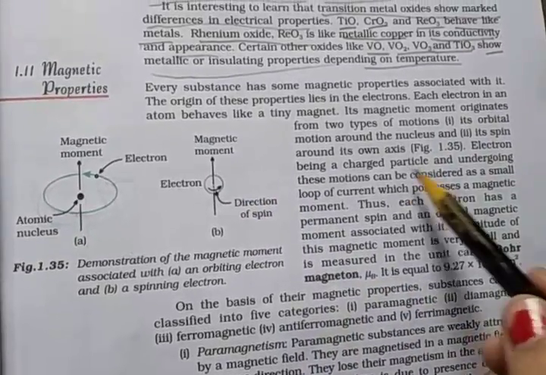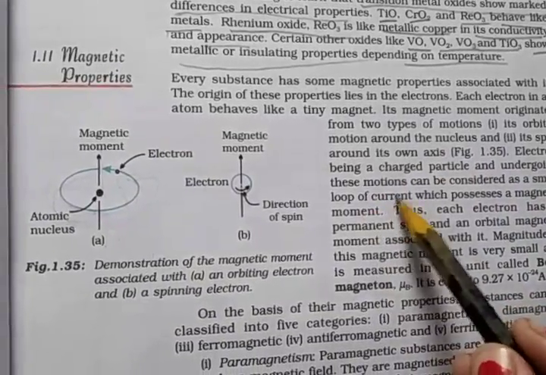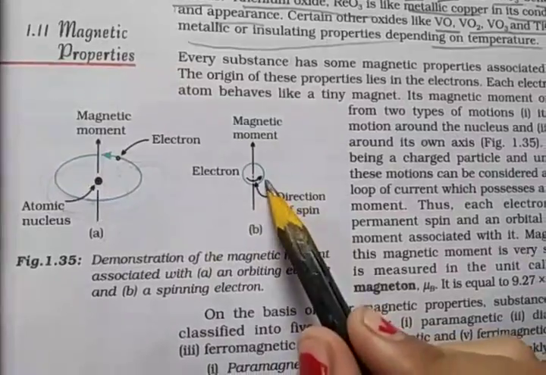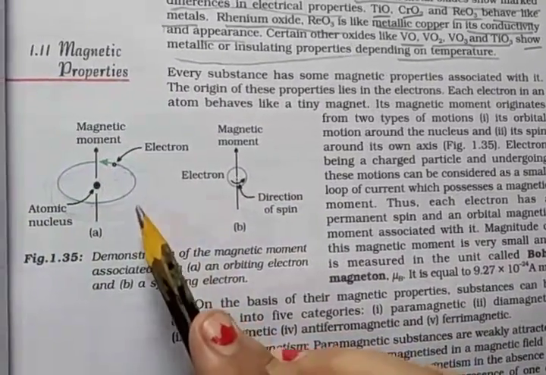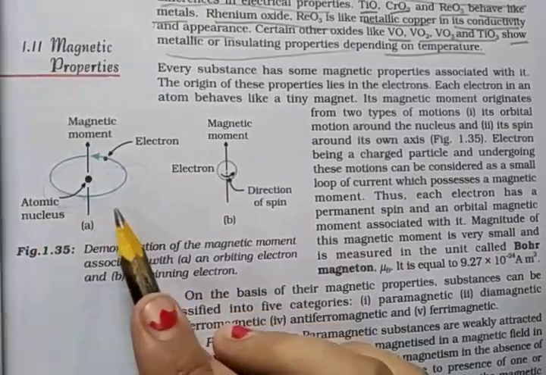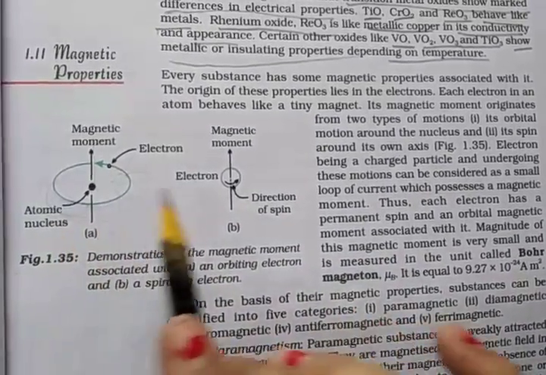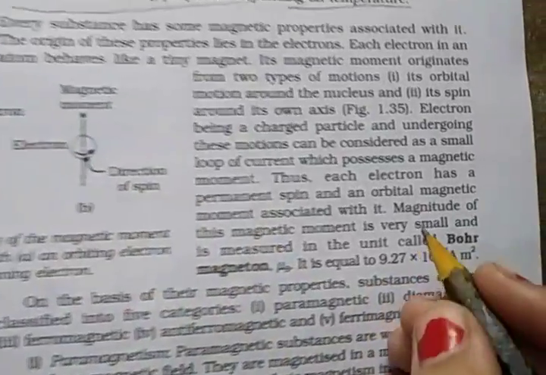So an electron being a charged particle and undergoing these motions can be considered as a small loop of current, and so it possesses a magnetic moment. Each electron has a permanent spin and an orbital magnetic moment associated with it. The magnitude of this magnetic moment is very small and measured in a unit called